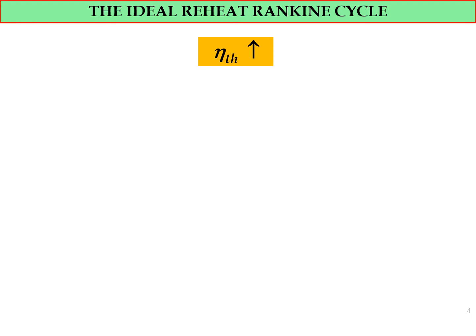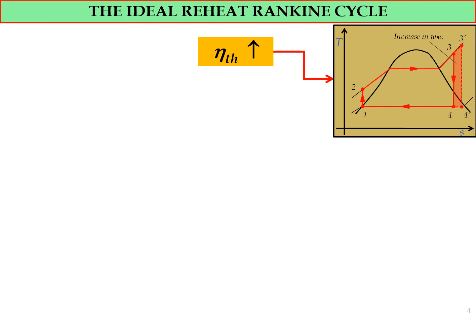We already discussed in the previous subtopic that we have three methods to increase the thermal efficiency of the Rankine cycle. The first method is increasing the constant pressure heat addition process, where we increase the constant pressure. The second method is decreasing the constant pressure heat rejection process, and the third one is increasing the temperature of the inlet of the turbine. However, we have a major drawback here: higher temperature is at a metallurgically unsafe level, where as already explained in the previous slide, the maximum temperature that the turbine blade can handle is 620 degrees Celsius.